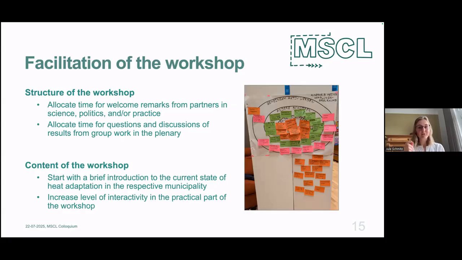So the participants could write the measures that they thought were important on the notes, and then they could stick them to the poster, and we could add information that would be relevant from our perspective. And this approach increased the interactivity, as I said. What was also really important was that participants then referred less often to the measures that were beyond their control, because this was